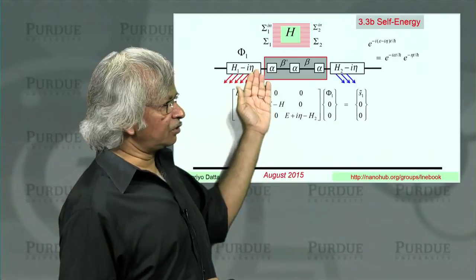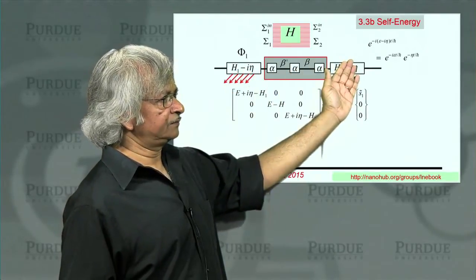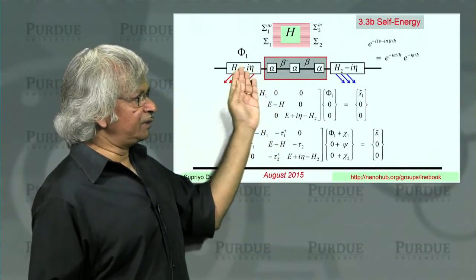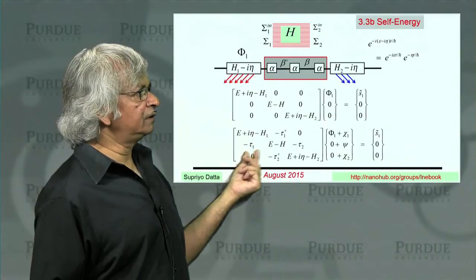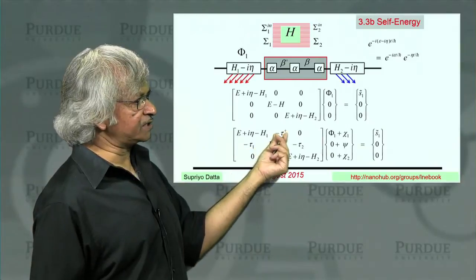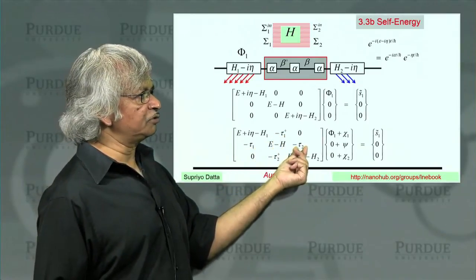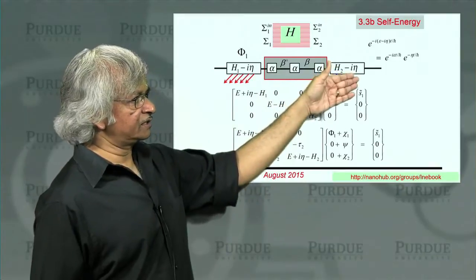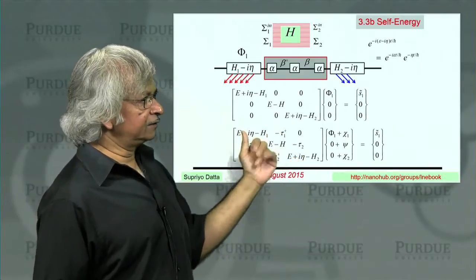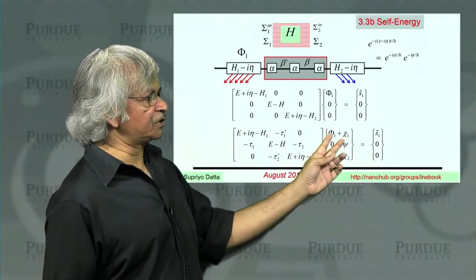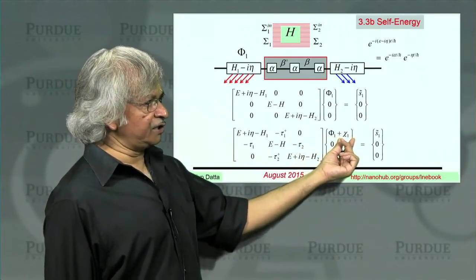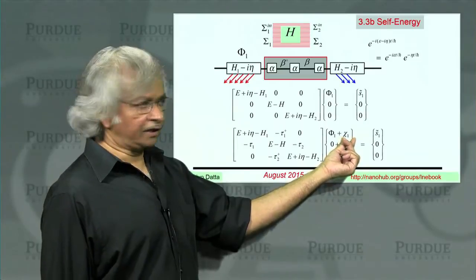And for the moment, there is no connection between the three regions. And now what we do is introduce these connections between the three regions, which is this tau 1 and tau 1 dagger. Overall, this thing is Hermitian, so if you have a tau here, you must have tau dagger there. Similarly, tau 2 is the connection of the middle region to this contact 2 and a tau 2 dagger here. And when you connect it, of course, you still have the source term which wants to keep it at phi, but because of the connection, it will change from phi. There will be an additional part, which I have written with this symbol, chi 1.